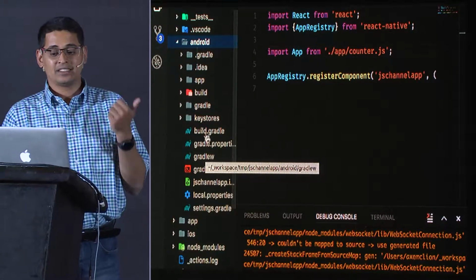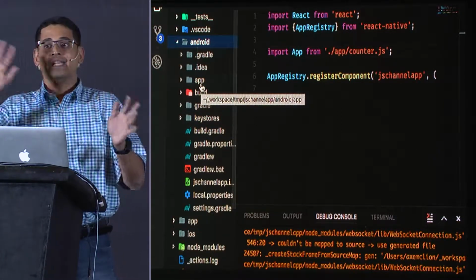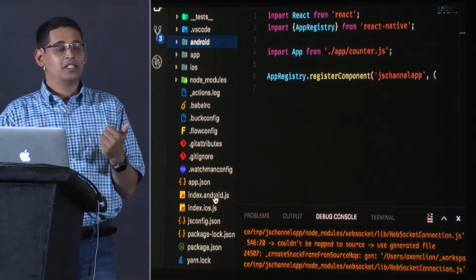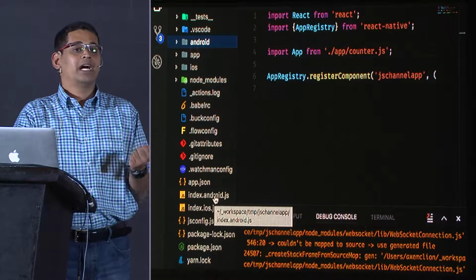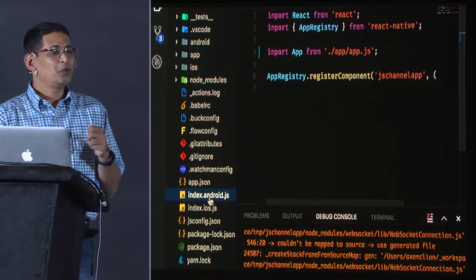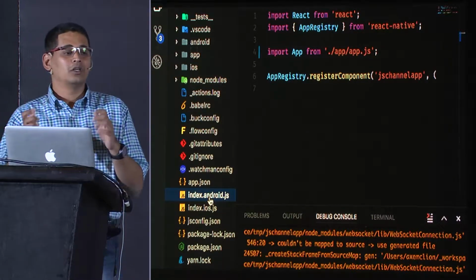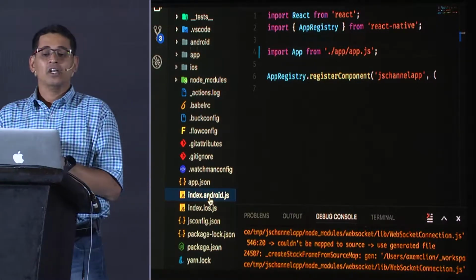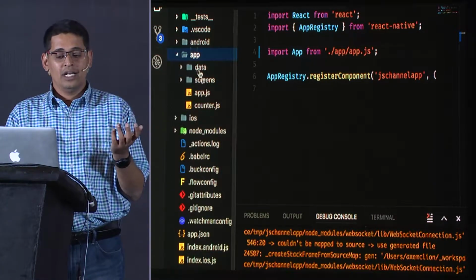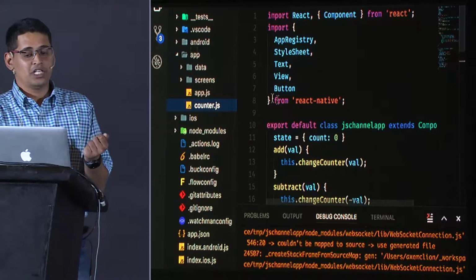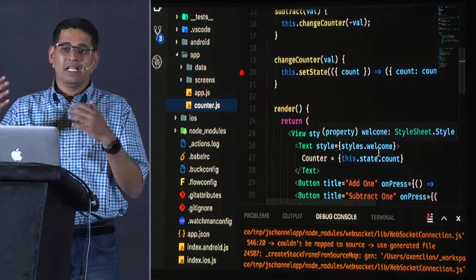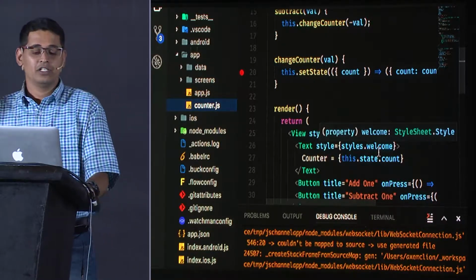It has Gradle, it has things written in Java, it has all the scary type checking and all of that. We are not going to worry about that right now. What we are going to be interested in are the two entry points for my iOS application and for my Android application, which is this. In this case, I do not want to write two separate code syntaxes or two separate files. So in both of these, I'm going to create just an app folder and refer to this simple file called counter.js. And what does counter.js do? It displays a counter and has a plus and minus, and you click it, it keeps incrementing or decrementing.